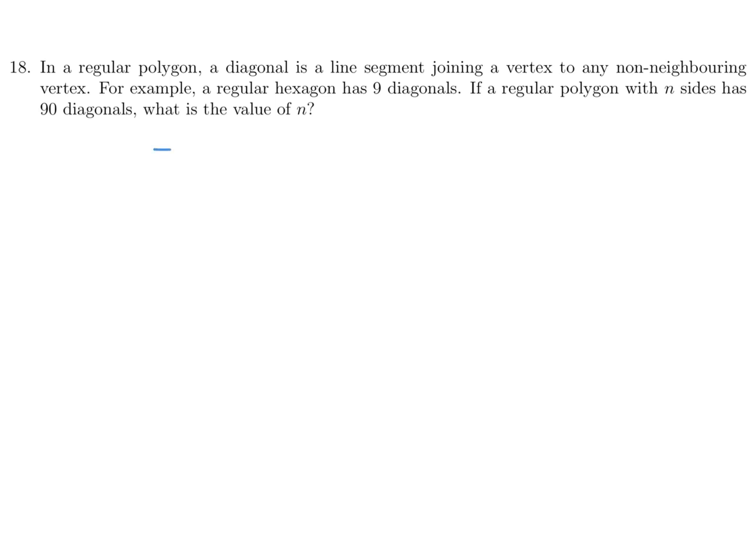Well, let's start off with a hexagon, and let me try to explain this. So here's six sides and 6 vertices, right? So when we draw a diagonal, let's start from here. Let's call that A. Diagonal is a line segment joining a vertex to any non-neighboring vertex. So not to here and not to here. So a non-neighboring vertex would be that guy or this guy or this guy. So as you can see, I was able to draw